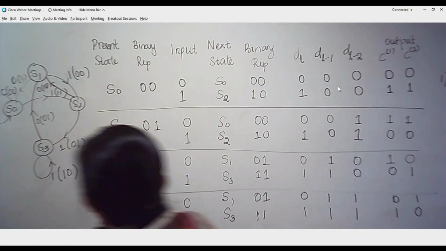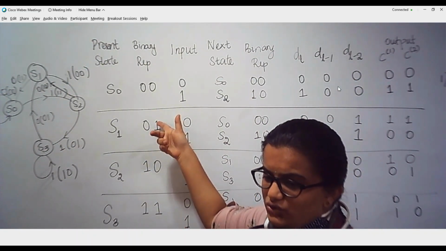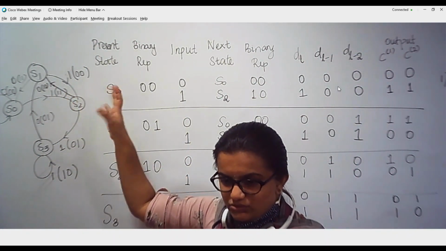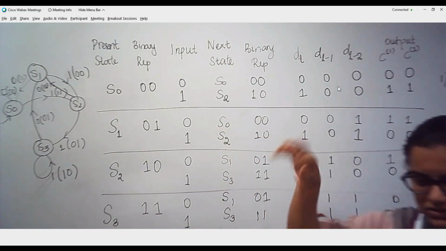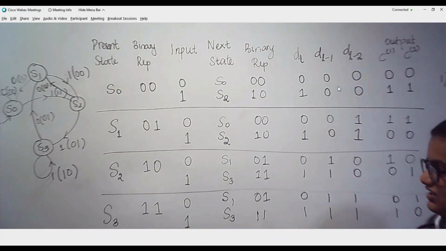Actually, I have taken the case where S1 is 0, 1. If you take S2 as 0, 1, then the diagram would be much more proper, because I have taken the state addressing a little bit differently. Yes, I have interchanged S1 and S2. You are seeing a diagram something like that.